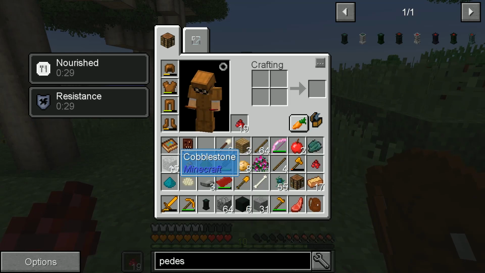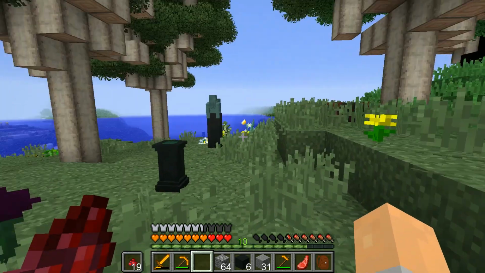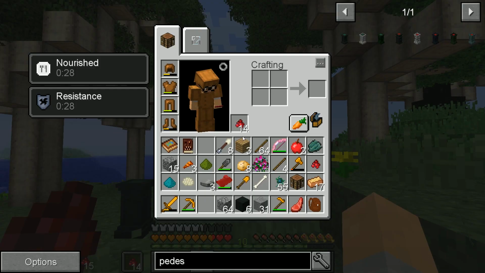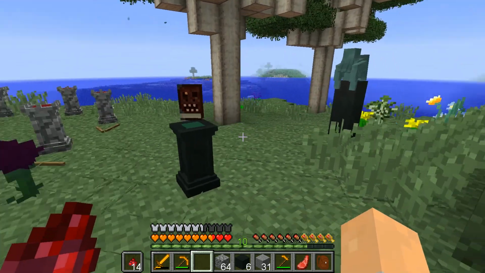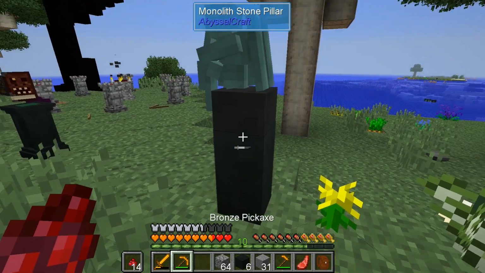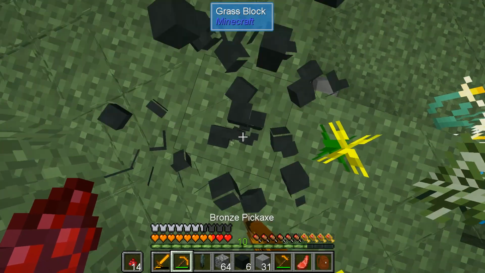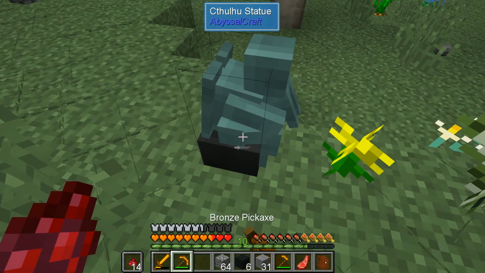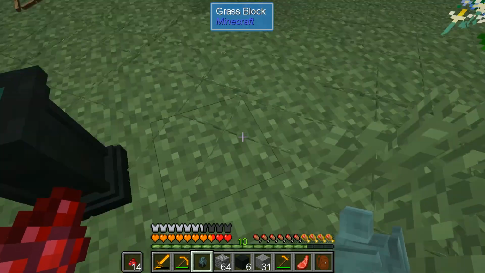Okay, so we need to set down this energy pedestal. It needs to be 3 blocks away, so we'll put that there. And then let's eat up, because I don't know if anything bad is going to happen. We'll find out. I probably shouldn't be carrying all my things, but whatever. Let's go ahead and throw that on there. And they need to be at the same Y level, I think. So let's actually break this, and we'll put it down here. Maybe face the other way. Okay, so from here, 1, 2, 3...